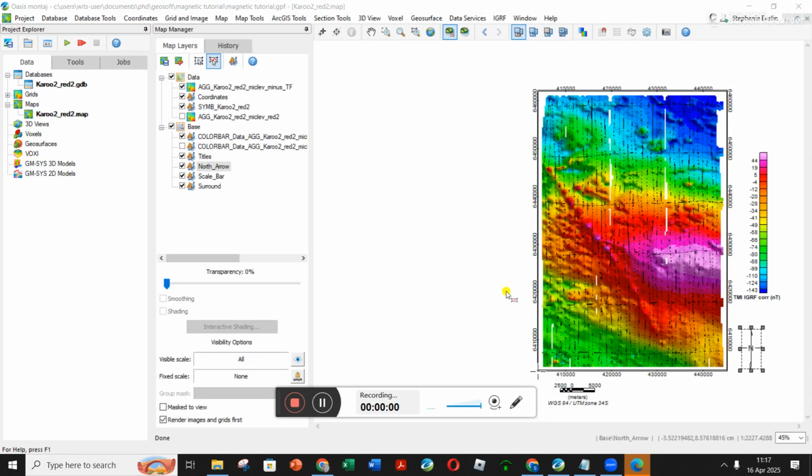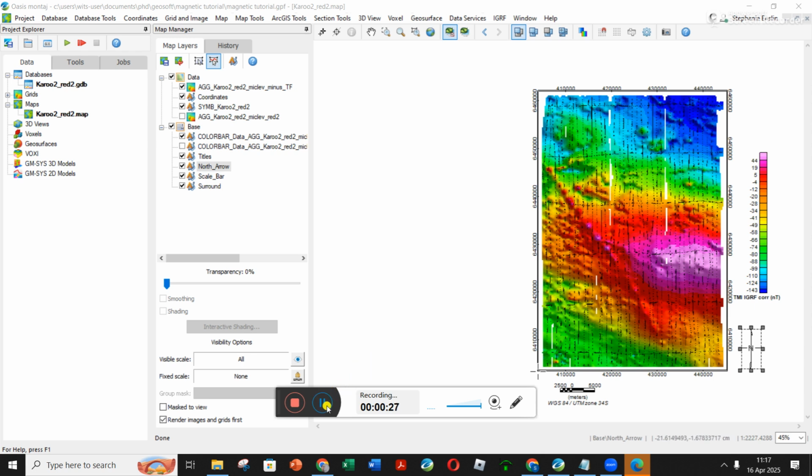Okay, so now we can play around with filtering. Usually before we filter data, we RTP the data. RTP stands for reduced to pole. So we want to pretend as if we're at the magnetic poles, because if you know magnetics, that means that instead of a blue and a pink over your body in some regions, you'll just have a pink anomaly over your body, and it becomes a lot easier to understand where to drill because you can just drill in the